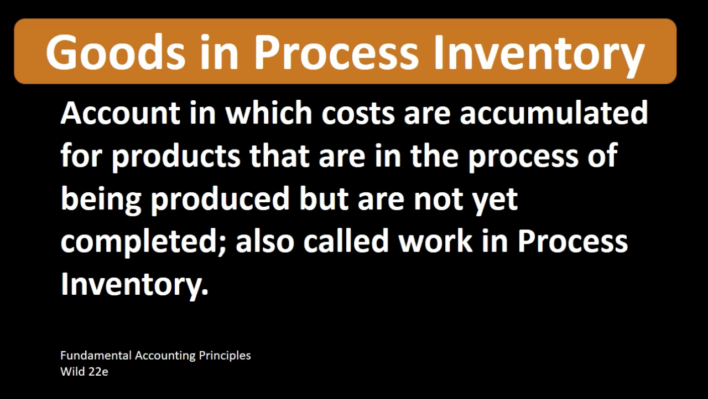Also called work in process. Goods in process inventory, therefore, is a type of inventory account. It's going to be a specific inventory account to a specific type of company, a manufacturing company, a company that manufactures inventory. The reason we need different inventory accounts for a company that manufactures inventory and we do not for